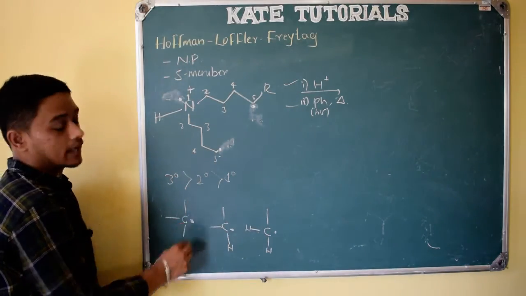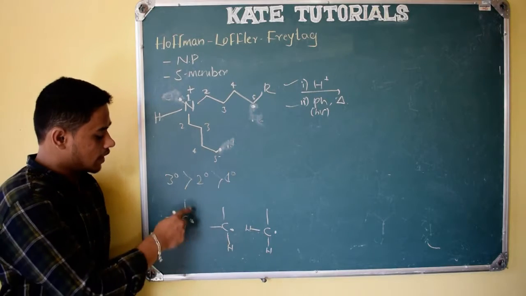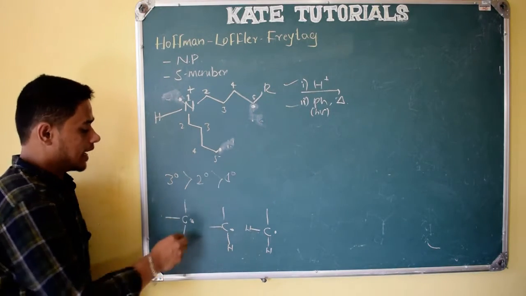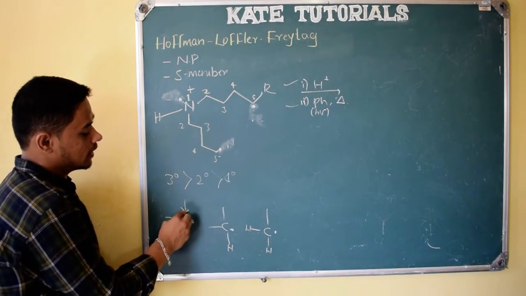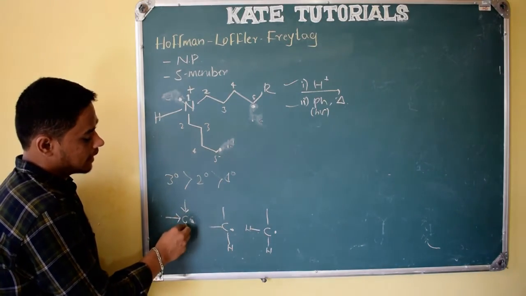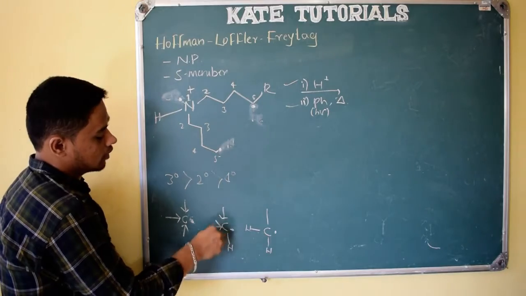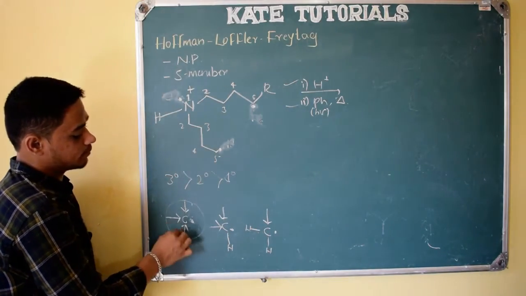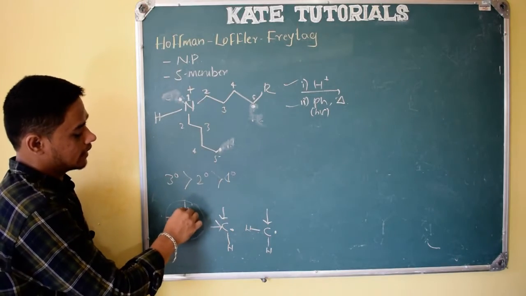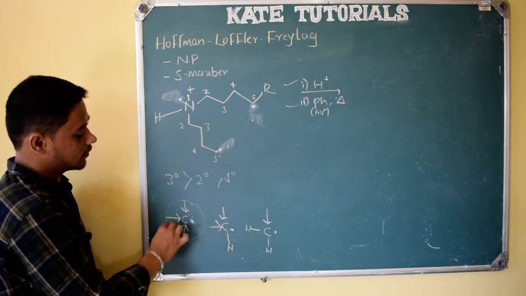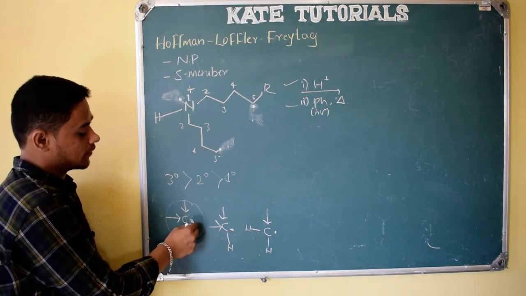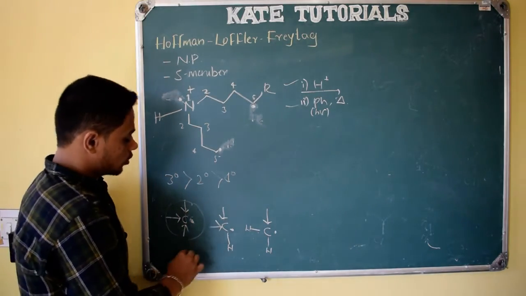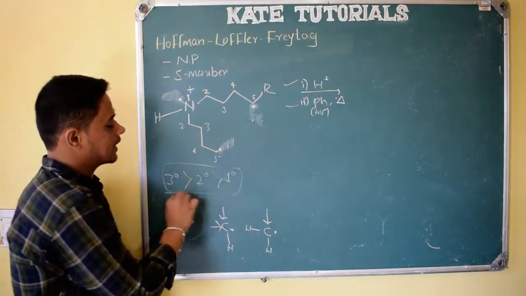Because the radical is electron deficient, here we should have 8 electrons, but it has only 2, 4, 6, 1, 7 electrons. As it is electron deficient, the methyl groups will try to give electron density by the plus inductive effect or hyperconjugation effect. So in the tertiary case there are 3 methyl groups, so more inductive effect or hyperconjugation effect, and it will be stabilized. Since it is electron deficient, they give electron density and make it stable, right? So the stability order is tertiary, secondary, primary.